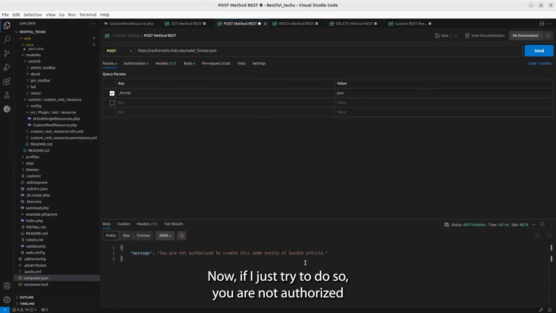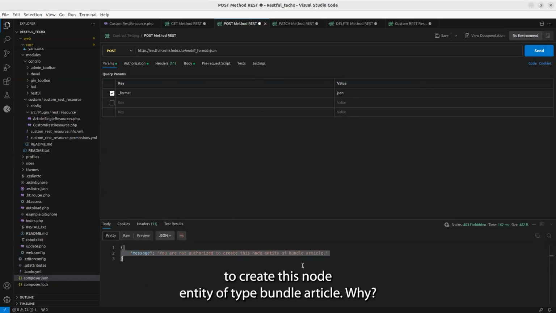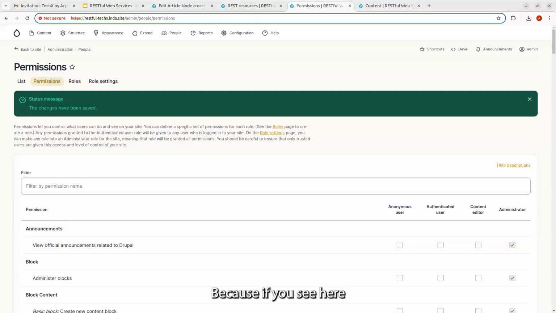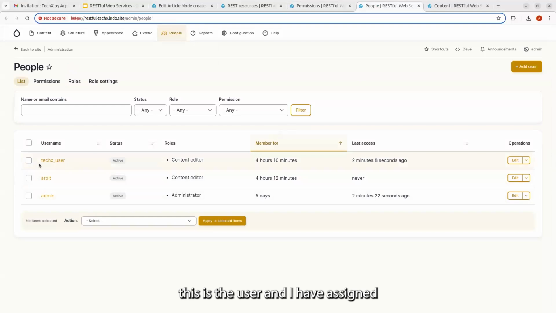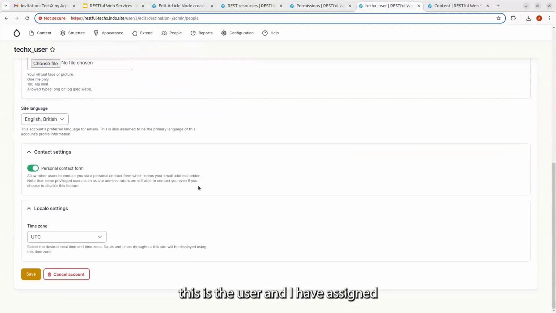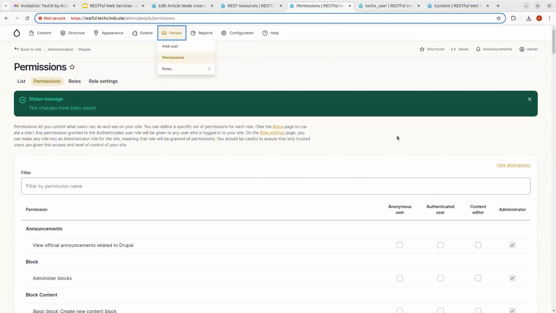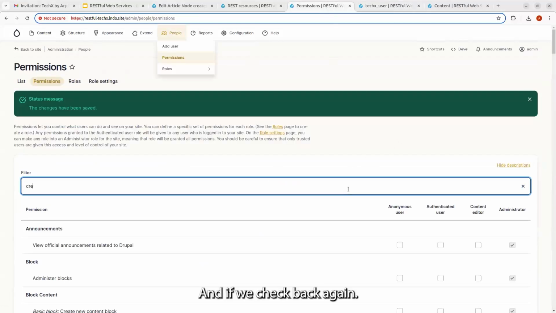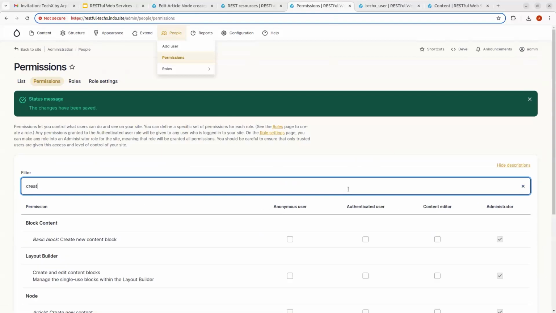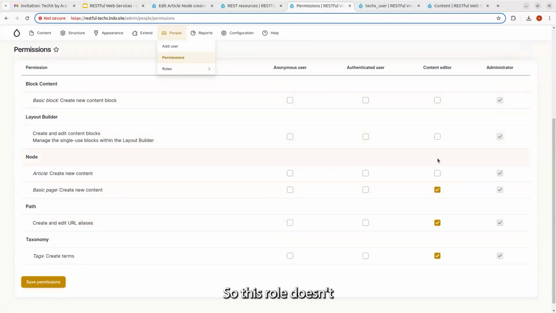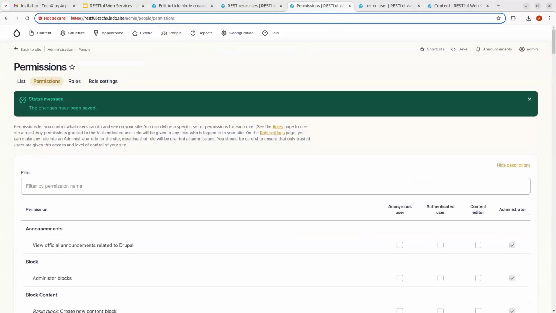Now, if I just try to do so, you're not authorized to create this node entity of type bundle article. Why? Because if you see here, this is the user, and I have assigned the content editor role here. And if we check back again, this role doesn't have a permission for creating the article contents. Now, again, if we just give the permission, save, go back,